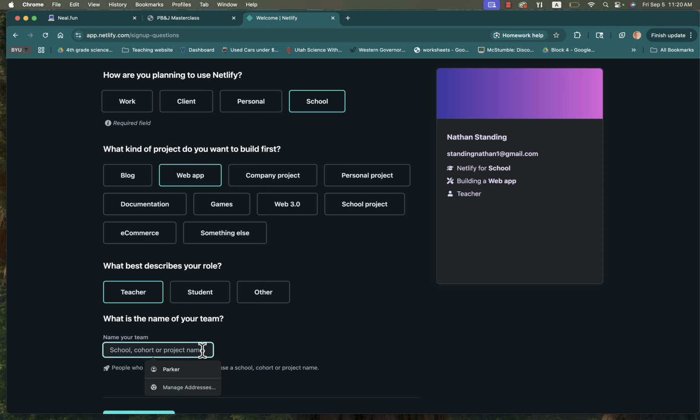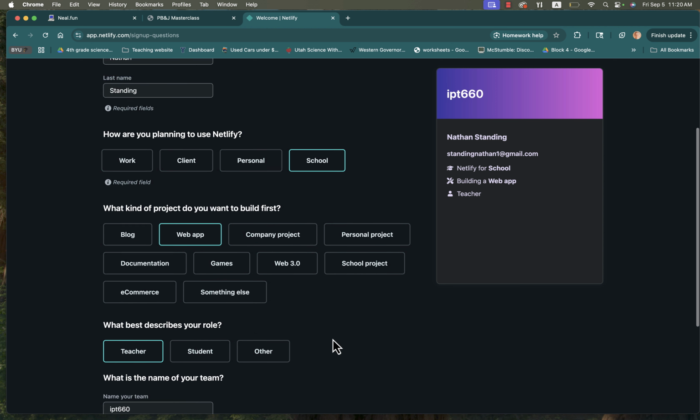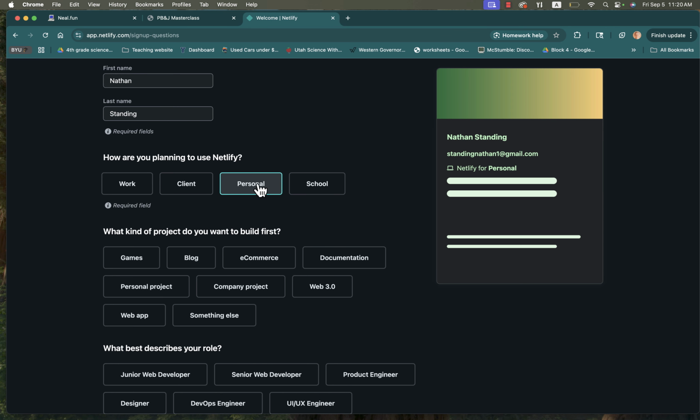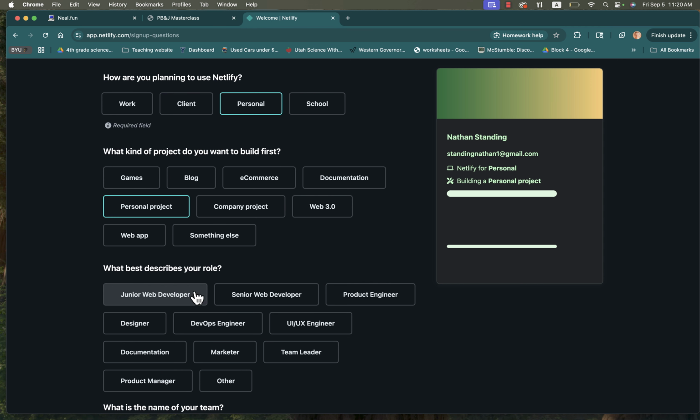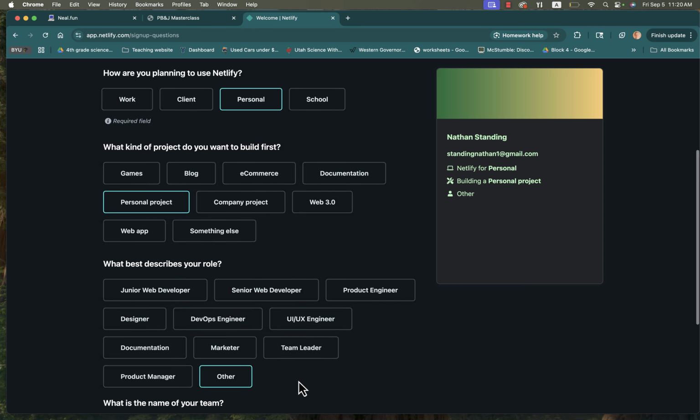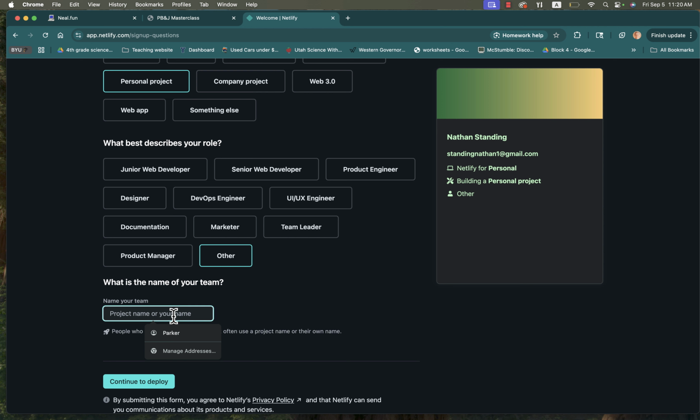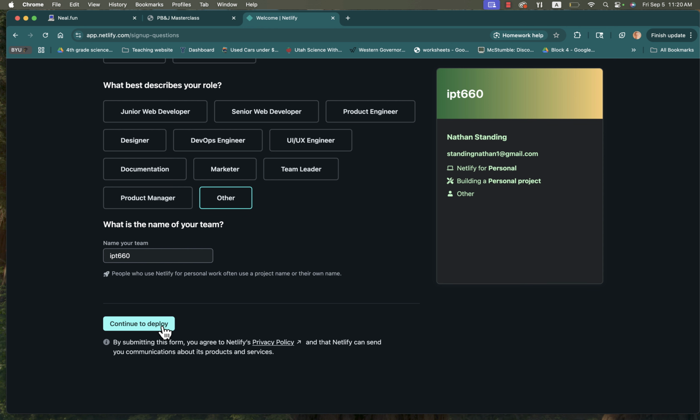It doesn't matter, but you could probably do IPNT 660 or whatever. You can also just do personal, because you might be using this for other things as well. I'm just going to say IPNT 660, and then you hit continue to deploy,